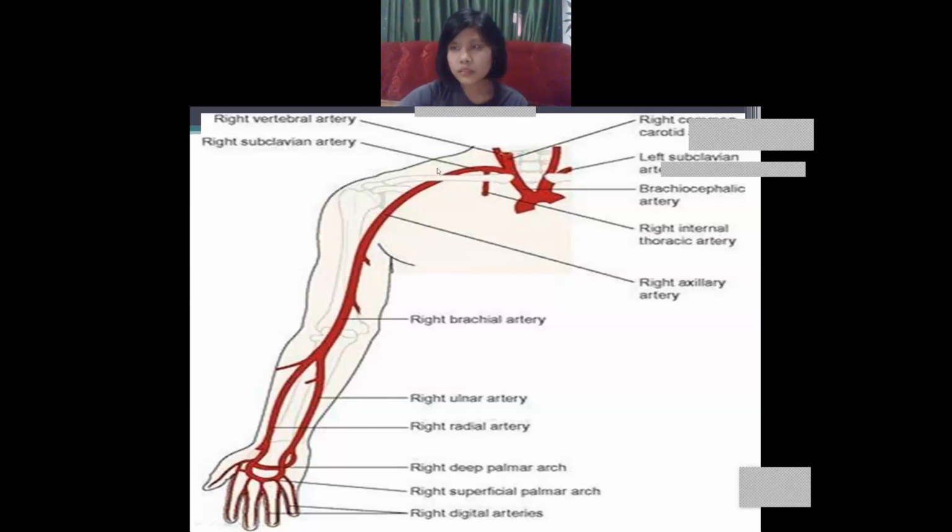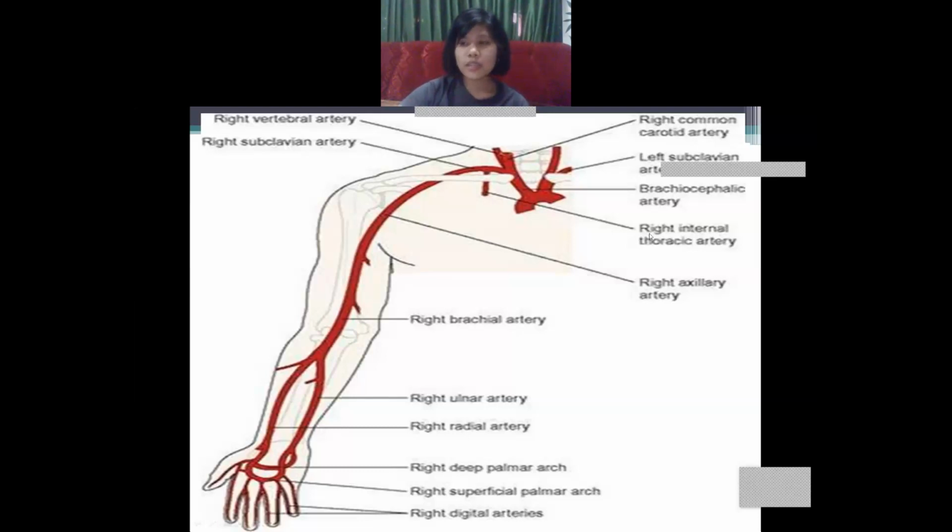Subclavian artery. I mean it supplies blood in all these areas, understand, in the axilla and all this. Okay, so the next one is